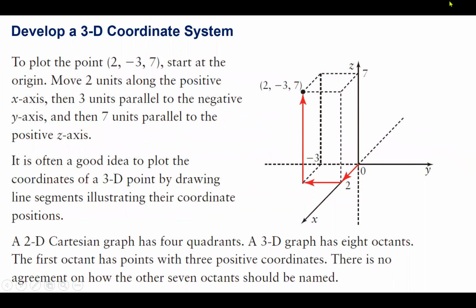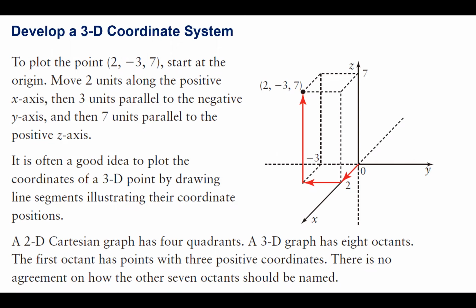Okay, so in the 3D system we have just set up, to plot the point (2, -3, 7), start at the origin, move 2 units along the positive x-axis, then 3 units parallel to the negative y-axis, and then 7 units parallel to the positive z-axis. Then we get the point. It is often a good idea to plot the coordinates of 3D points by drawing line segments illustrating their coordinate positions, as shown here on the figure